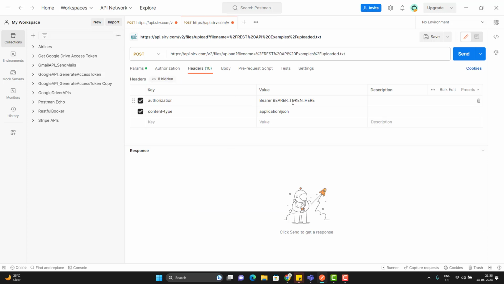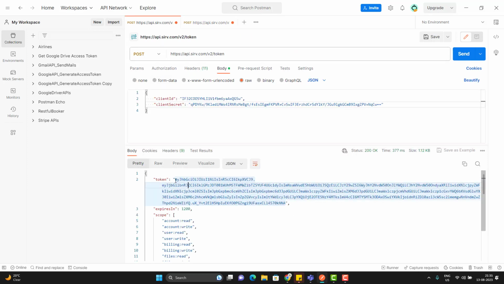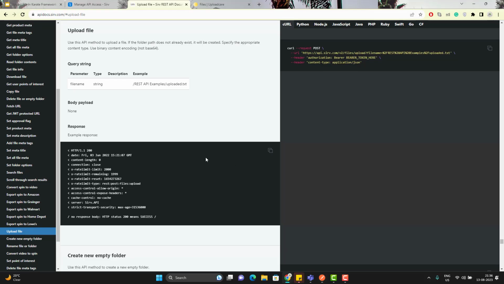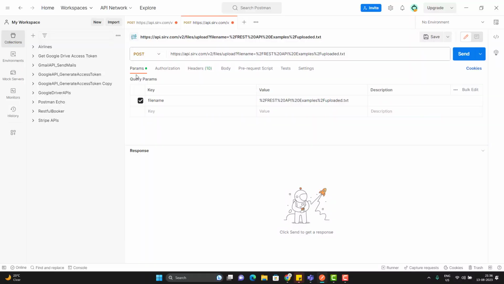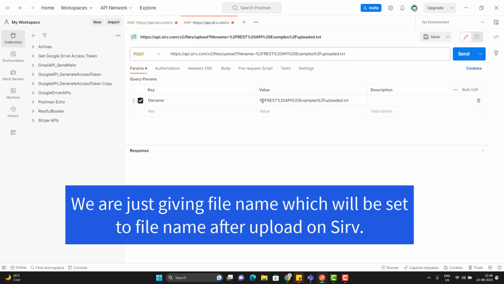Go to headers and we need to pass the bearer token, which is generated here. So I will copy and paste it here. And also we need to read what it is expecting. You can see it is expecting a query string of name, file name, which will be string type, and here I need to pass the file name. You can see it is already imported one param file name, and here you can pass the file name which you want to upload. So let me give the file name like Selenium logo with the extension.